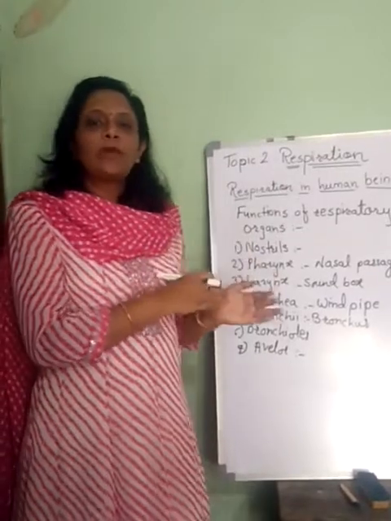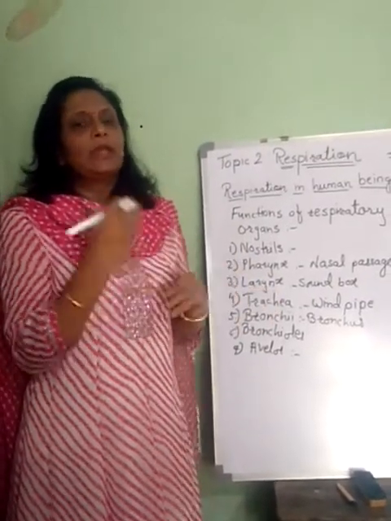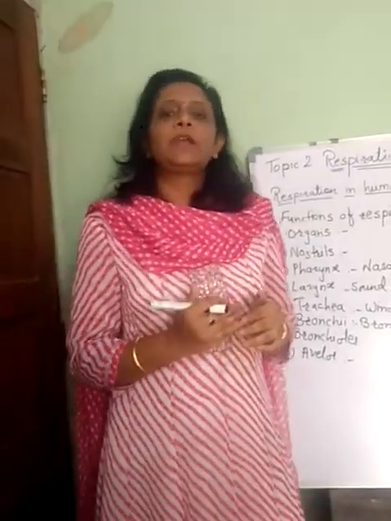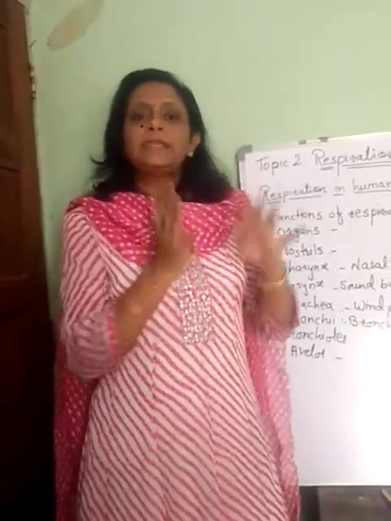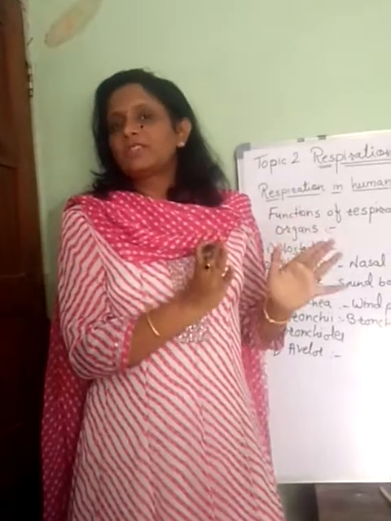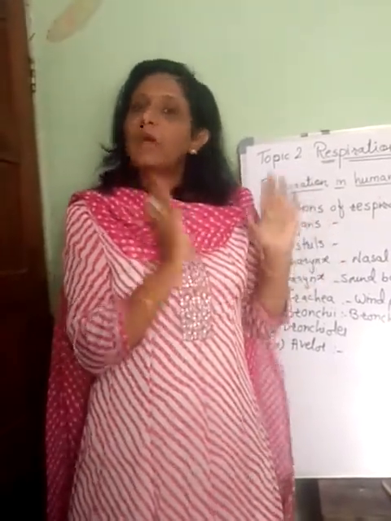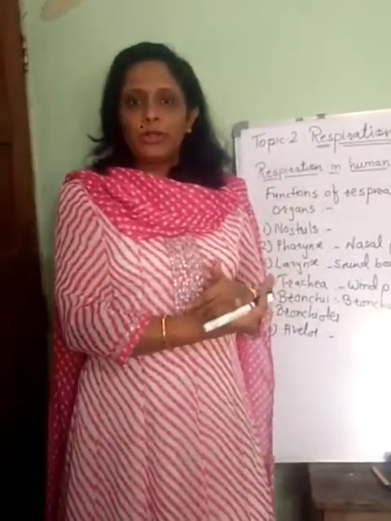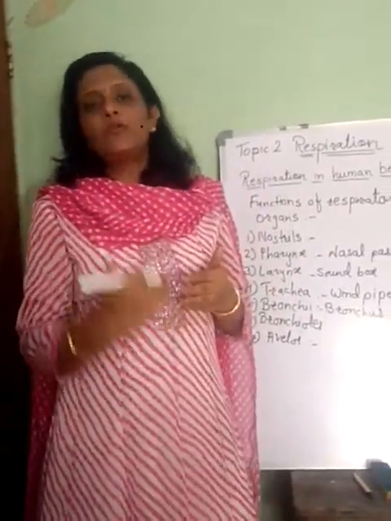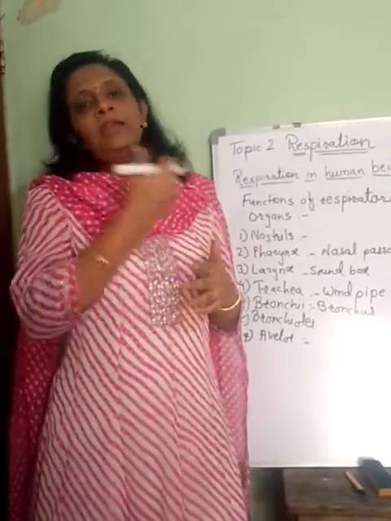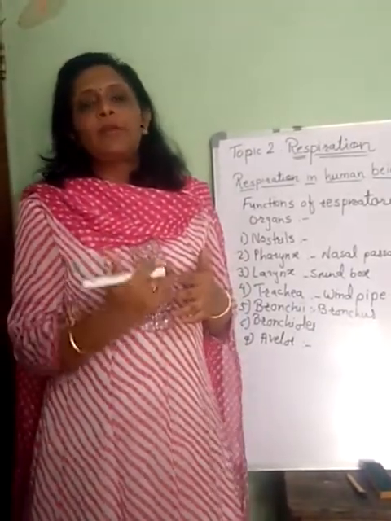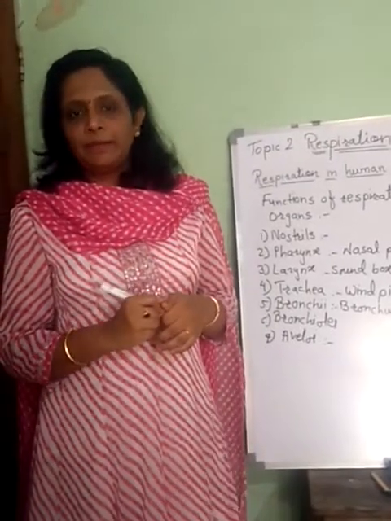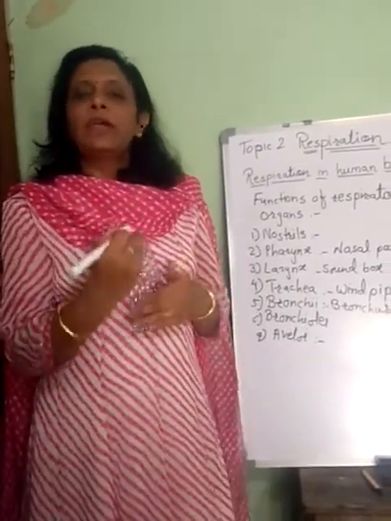As the walls of the alveoli are very thin and the walls of the blood capillaries are also very thin, the exchange takes place by the process of diffusion. As in the alveoli the amount of oxygen is less, the amount of carbon dioxide is less, so carbon dioxide is given to the alveoli, and as in the blood the amount of oxygen is negligible, it is absorbed in the blood by the respiratory pigment present in the blood, and this is how the exchange of gases takes place.